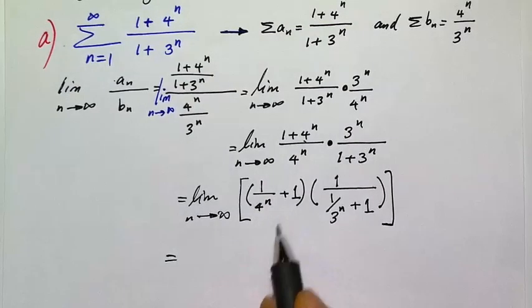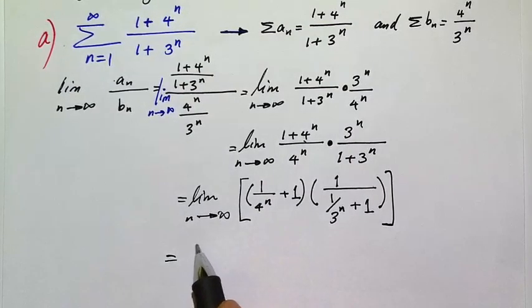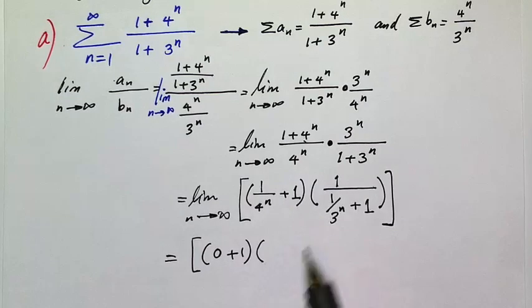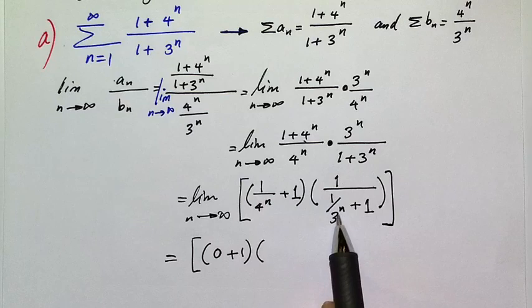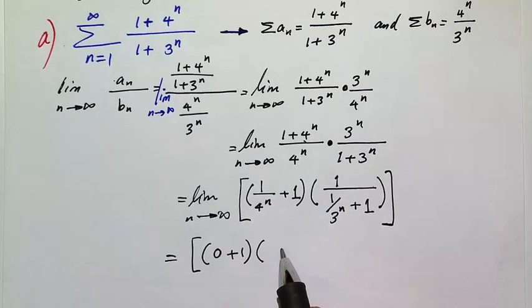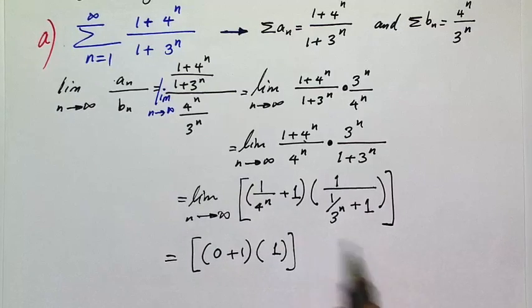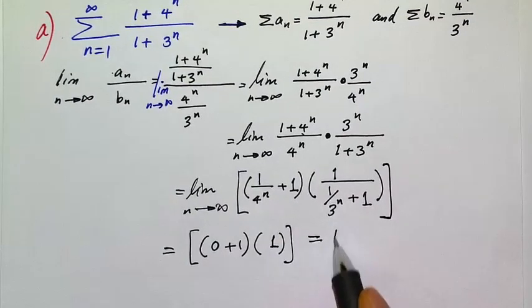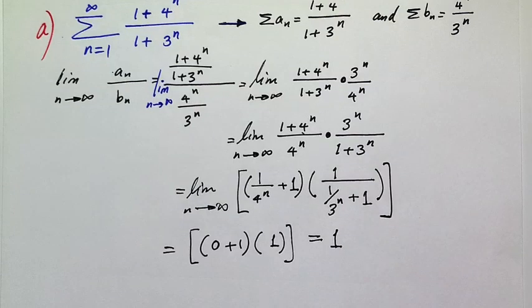So we'll get 0 plus 1 times 1 over, so this will be 0, 1 over 1, so we get 1. So this will be equal to 1, which is, of course, looking back at